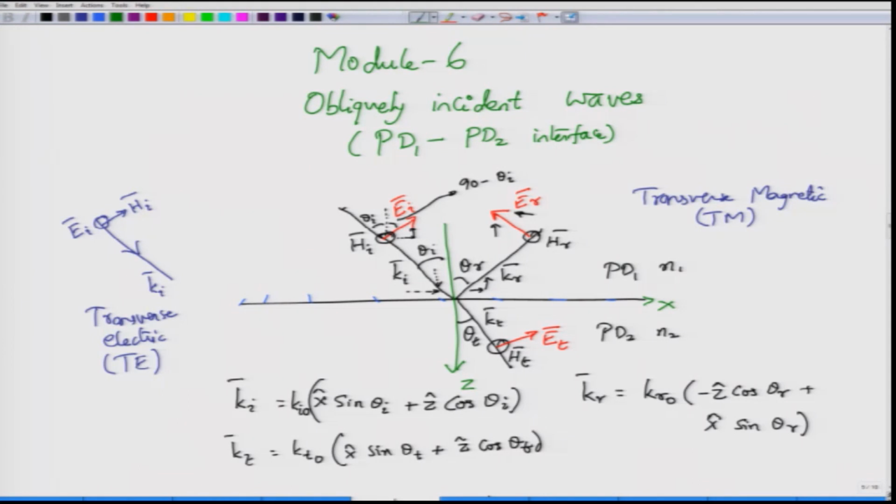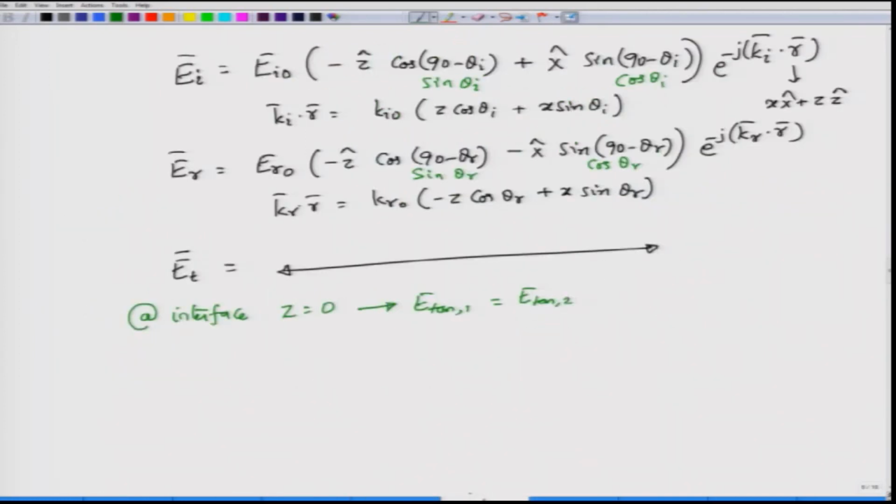The components along z are normal, so we do not need to worry about that. For the second medium, the transmitted electric field will have a plus x component, which is also tangential. So, retaining only the tangential x components from all the field quantities,